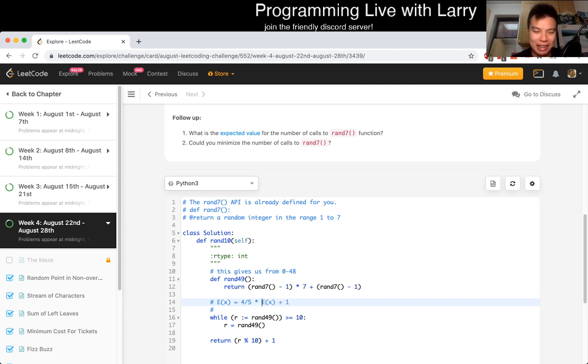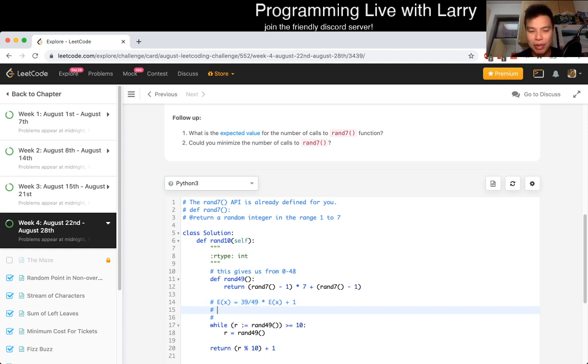I mean, I'm hand waving. Okay, fine, let's just be precise then, right? So it's like 39 out of 49. Maybe I'm off by 1, but it's still roughly right. So this is the recurrence, and if you solve for it, it's a lot more. I'll leave that as an exercise at home. There's a formula for it. But if you reduce this to 40, then you reduce this to 9 over 49 times E[x] plus 1, and this is clearly